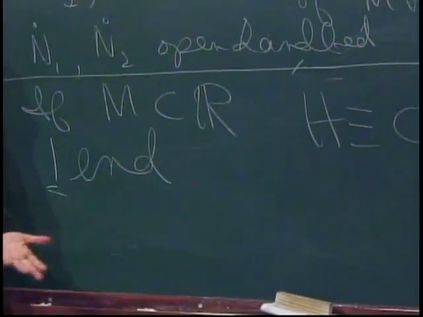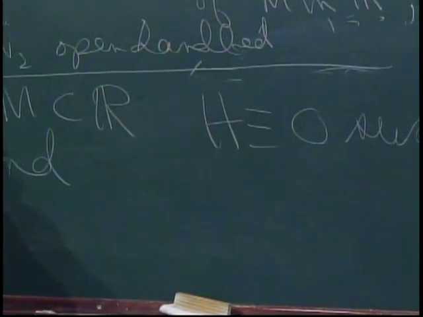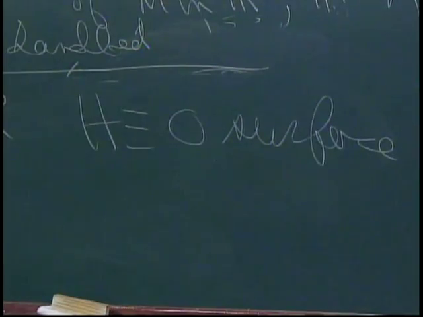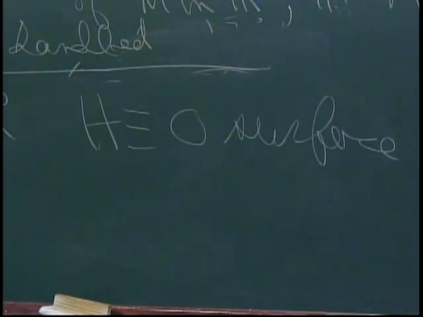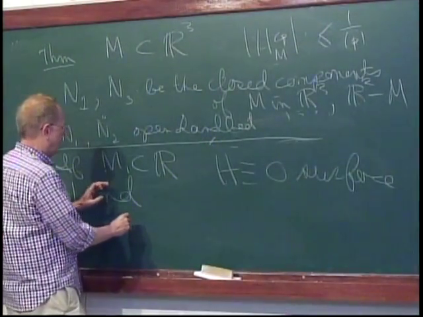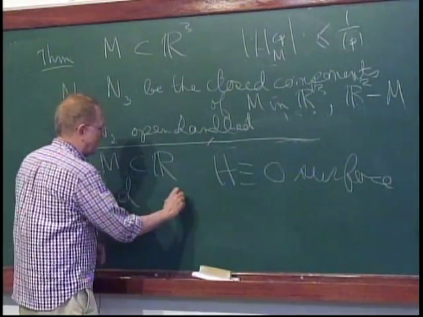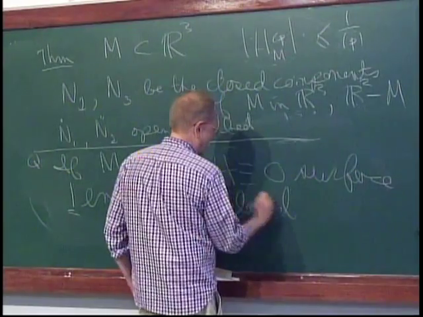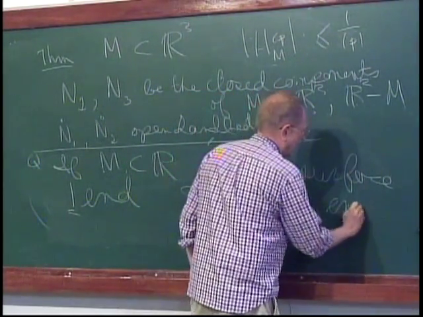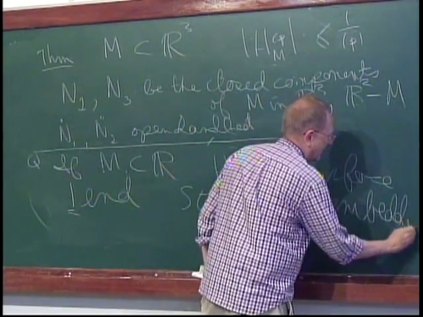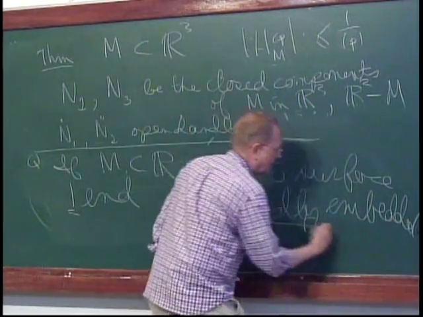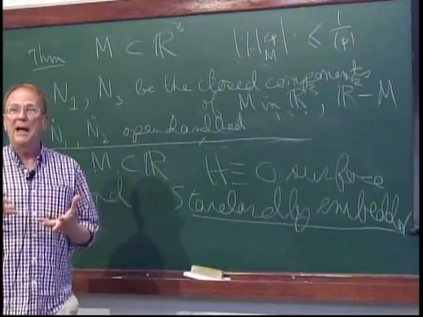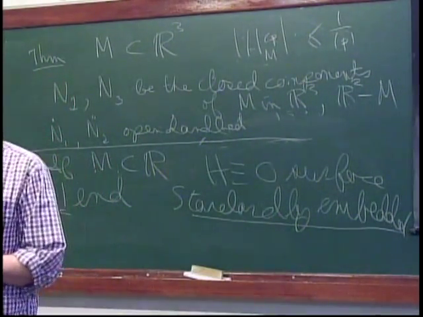A plane has one end on it. A cylinder has two ends on it. Okay, so if it has one end, even if it has infinite genus, it turns out that it's somehow standardly embedded. So these ideas lead to questions like this. Okay, standardly embedded means there's only one way to embed the surface. I know how it's embedded in space.